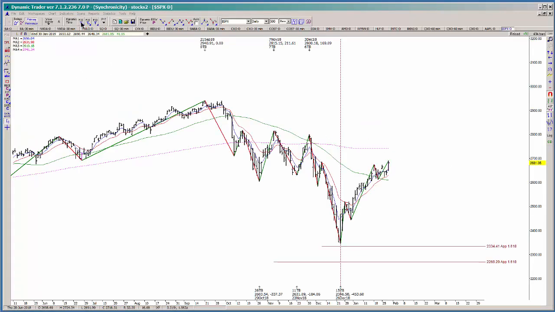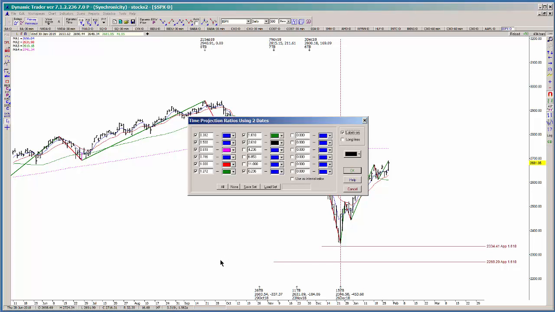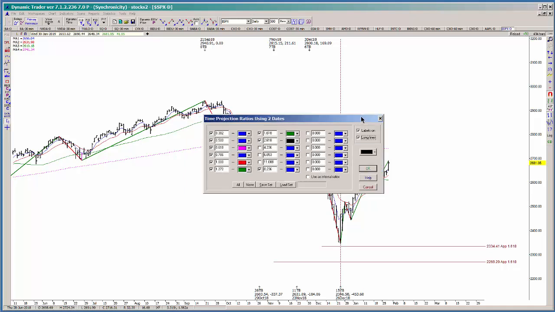So let's right click on top of this one, and I'll show you that I have all of these for the timing. Sometimes I might not use 2, 3, 6, so I can take that off or just delete it. But these are pretty much all the ratios that I'm going to use for time projections using 2 dates. If you want to use long lines,